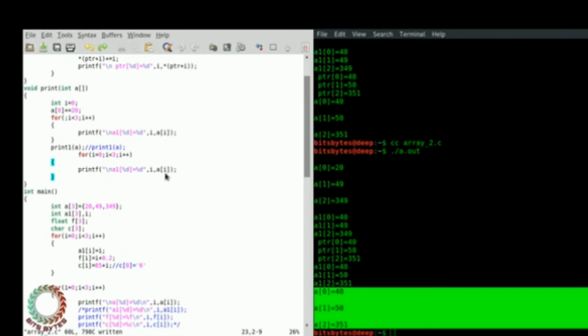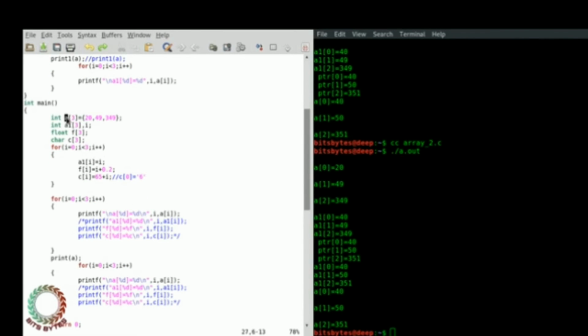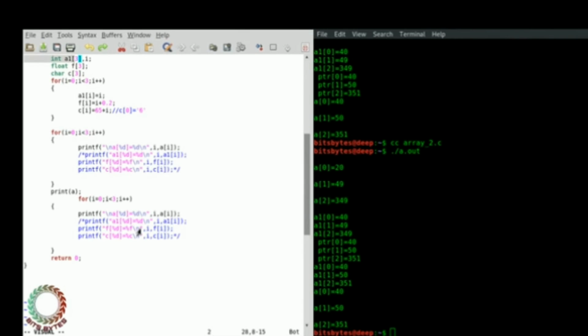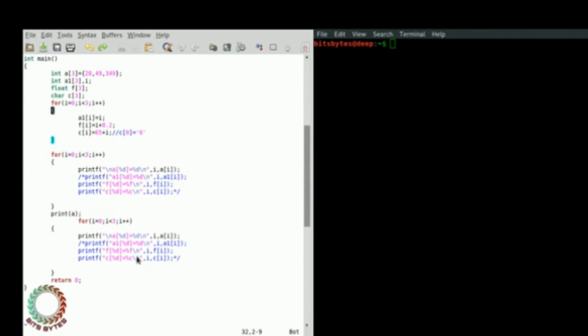If I perform any operation on the PTR variable, then it reflects over here and over here. It reflects in both copies. That means if I change anything, the change will continuously propagate along the chain. This is a very useful feature of references, but it must be handled very carefully. So this is the way to send the array in a single shot.